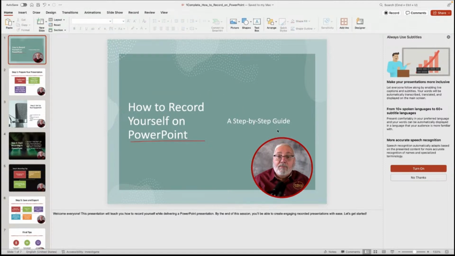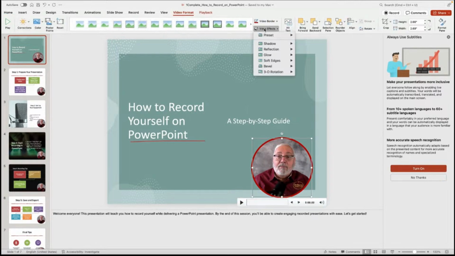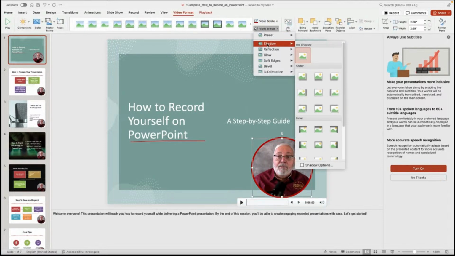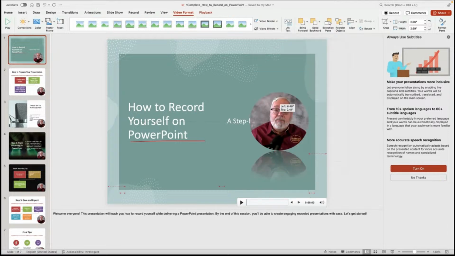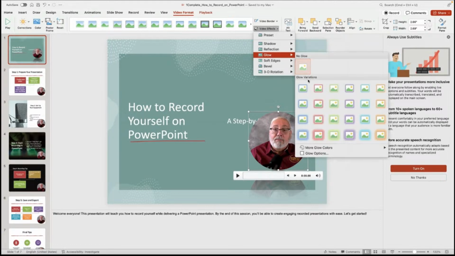So that might be kind of cool having that outlined in red. Again, some options. That's under the video format, video effects. You can put a shadow behind it. There, we can kind of see that one is reflection, kind of reflecting it down there. Glow.